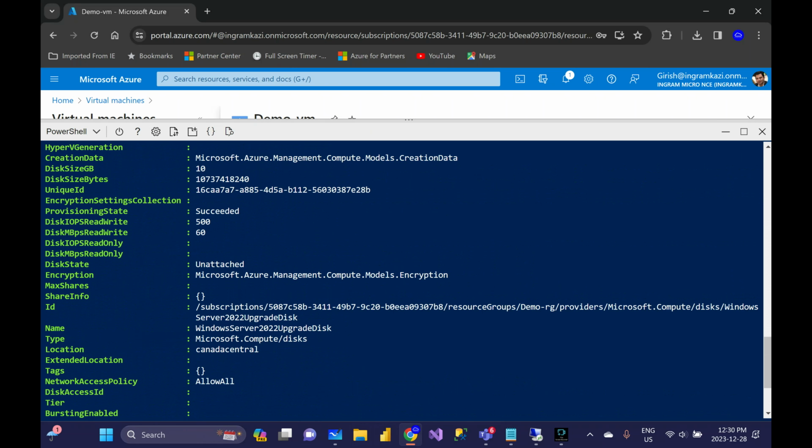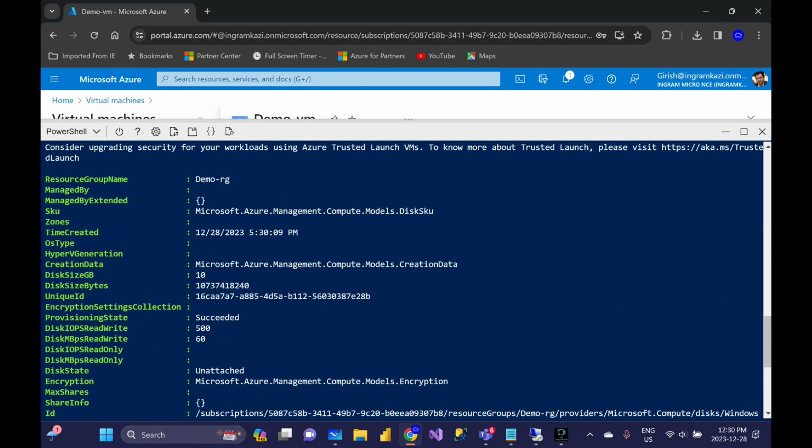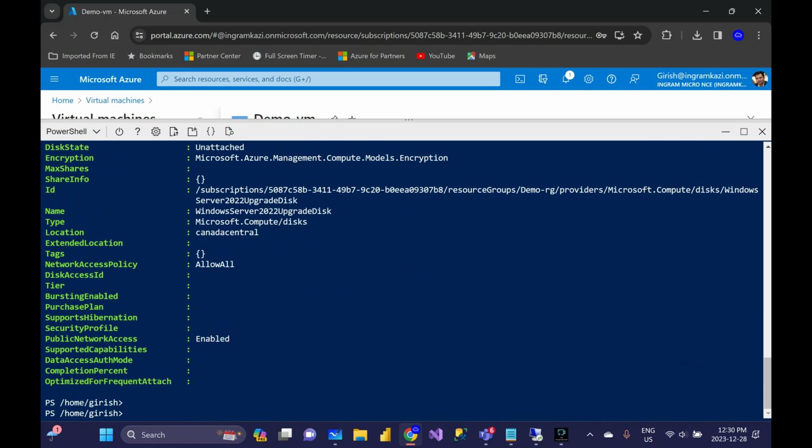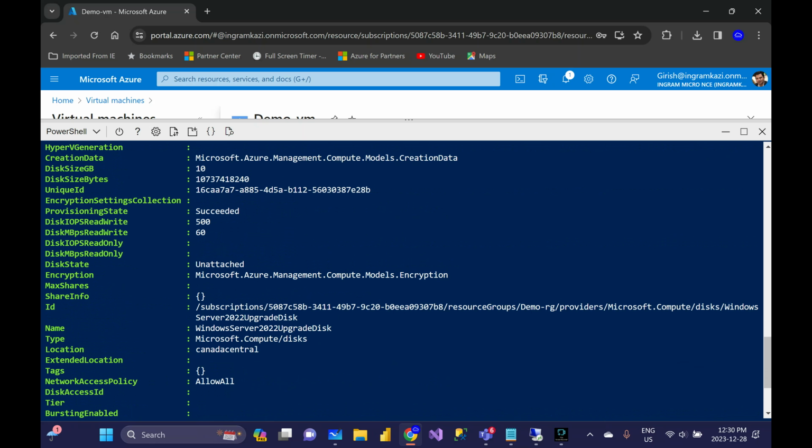All right, so you can see that the disk was created successfully, and you can go through it. You can see the provisioning state is successful, so that's good. It also gives us the timestamp. And the SKU that we are utilizing is the disk SKU, which is 2022. That's the one that we want to upgrade. And the public network access is enabled. And you can see the disk state is in unattached form right now, but we're going to change it